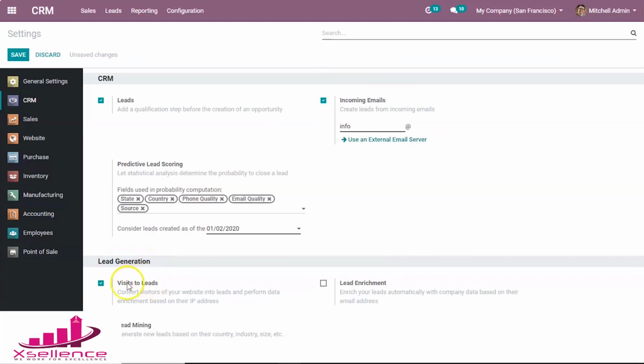Now when you scroll down you can see a section called lead generation. Under this you can see the options such as visit to lead, lead enrichment and lead mining. These options are used to create the leads. Under visit to lead, it is a way to create a lead which allows you to track your visitor through their IP address and transform them from just random people having a look at your website